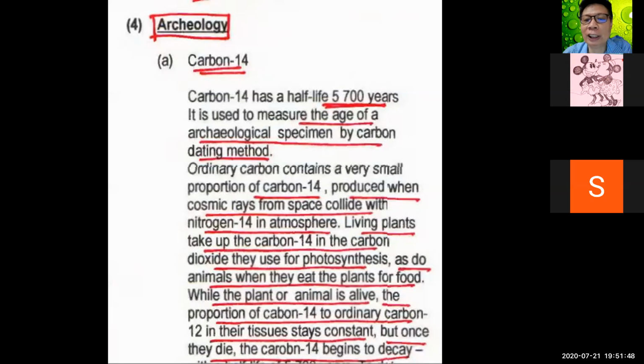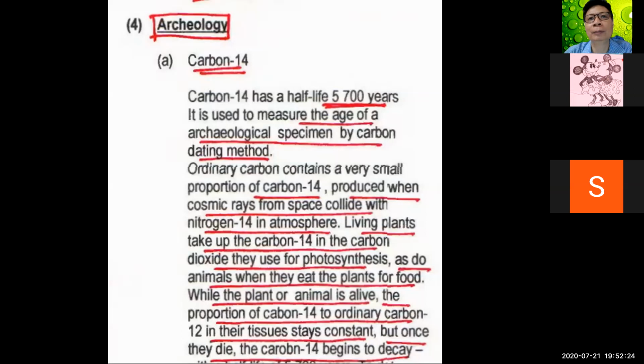But this carbon 14, the half-life is so long, 5,700 years. So it can stay inside our body for a long, long time. So what happens is, when we pass away, the animal dies, the plant dies, right? The carbon 14 will start to decay, and the number of atoms, or the number of activities, will start to go down. So the archaeologists can check the level of carbon 14 that remains in the dead body, in the bones.